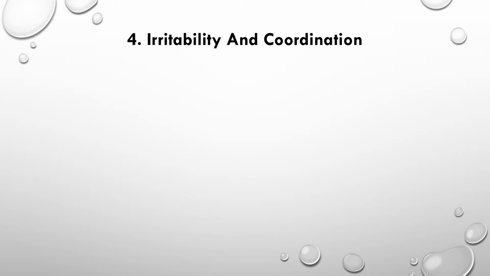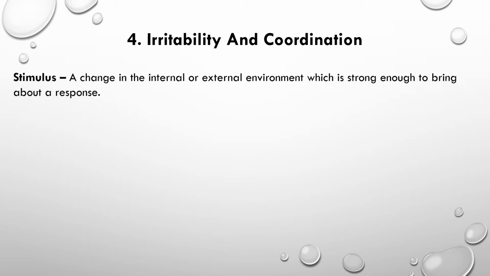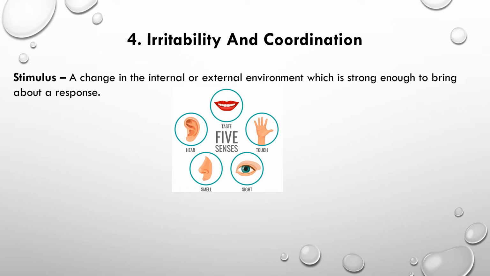Before going to learn about irritability and coordination, you should know the two terms stimuli and response. First, let's see what is stimulus. Stimulus is a change in the internal or external environment, and that change should be strong enough to bring a response. So if you consider human, we have five main sense organs, and these sense organs receive the changes that occur